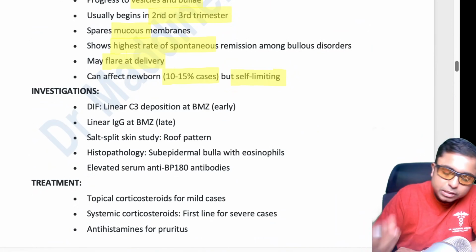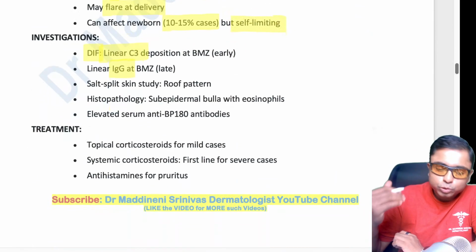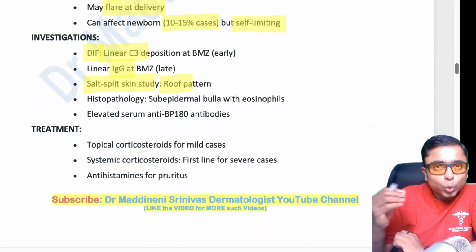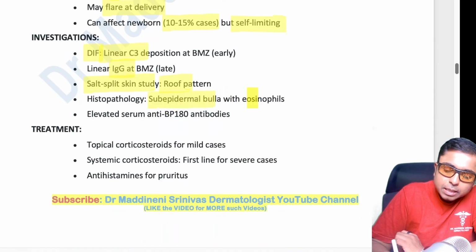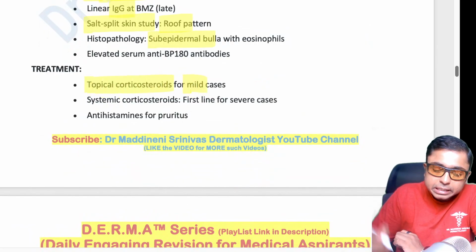There can be blisters in the child also, and if you do a DIF, just like the bullous pemphigoid, linear C3 deposition can be there, and also IgG deposition at the basement membrane zone can be there, and salt split skin is going to show the same immunofluorescence of the roof pattern, and it is a subepidermal bulla with eosinophils can be seen. And treatment part, if it is a mild, topical steroids,